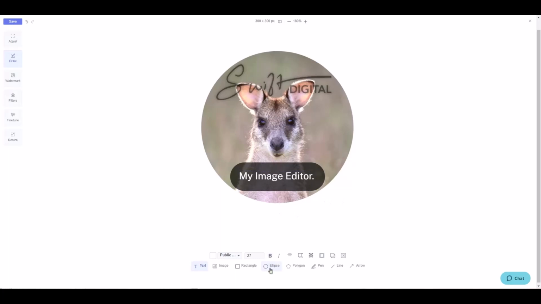Some other options we have in here are to add ellipses, polygons, whose size number can be edited here through the side slider. I can also draw directly onto the image using the stroke to increase its width.